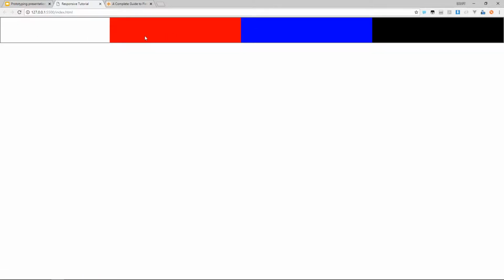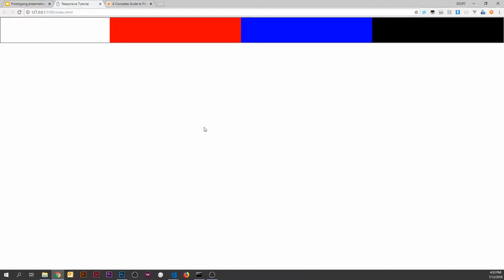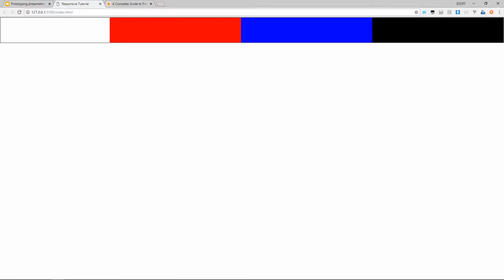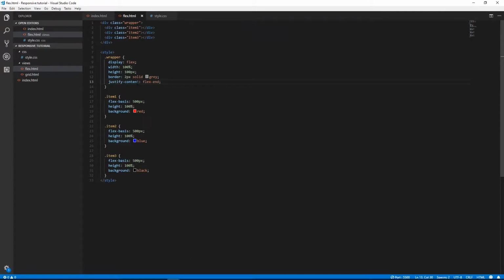But what if we actually want to play with the individual items, but we don't really want to go write CSS for each block? There's another thing called justify items, and this will take every item and do something with it depending on what you set the value as. So if we say justify items space around,